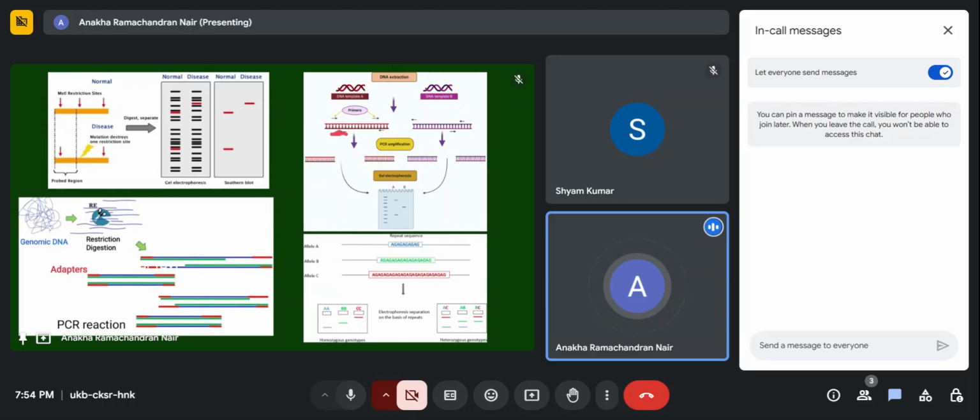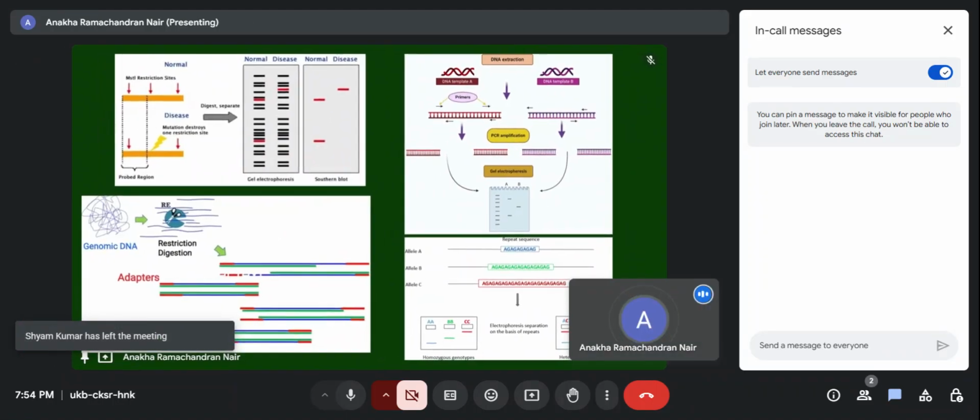right? You don't have that here anymore, right? Because of a nucleotide variation. So you can see the differences in two states, two plants or two states, right, in the gel. Similar to this, but here it was restriction digestion, and in RAPD it was PCR, right? Next is AFLP, which uses restriction digestion and adapters.